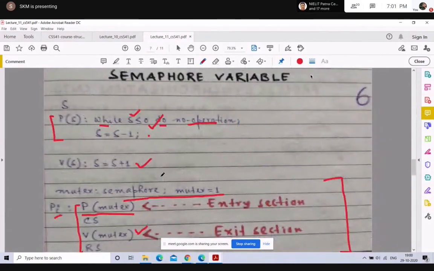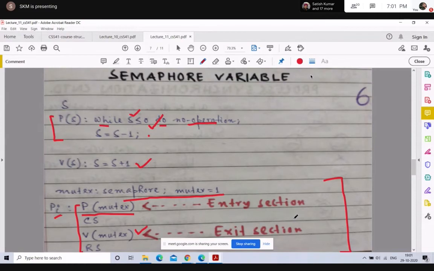Then we moved on to the concept of the semaphore variable, which has this type of construct. This is the equivalent construct of a critical section, where P mutex is your entry section and V mutex is the exit section.